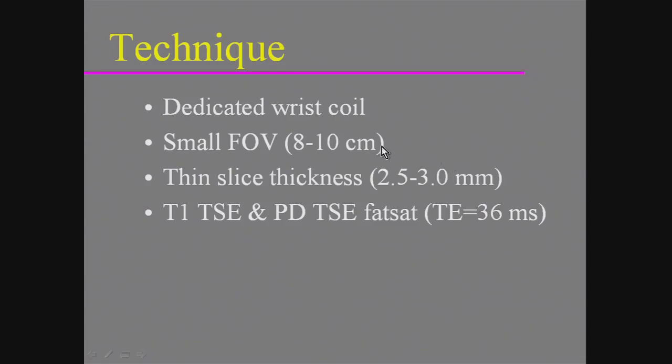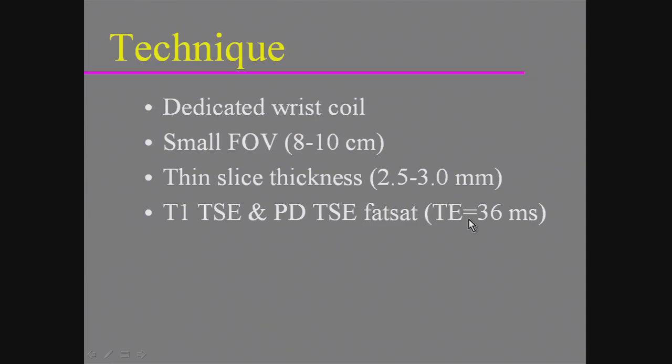In 2014, at the very least, you should be using a dedicated wrist coil with fields of view in the 6 to 8 centimeter range generally. For your fast spin echo sequences, usually about 2.5 millimeter slice thickness for the 2D. For the 3D sequences, 1 millimeter or so. And our standard protocol is to use a T1 weighted fast spin echo and PD fast spin echo sequence, with